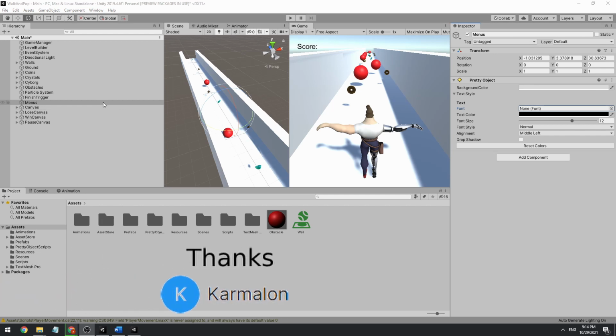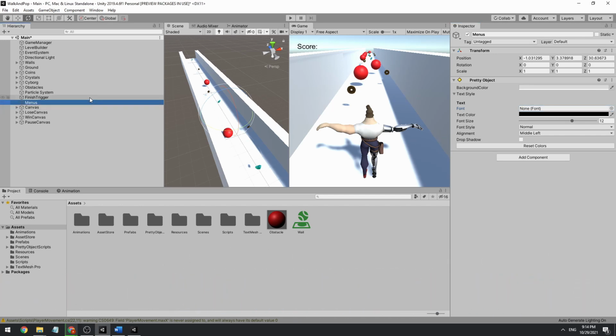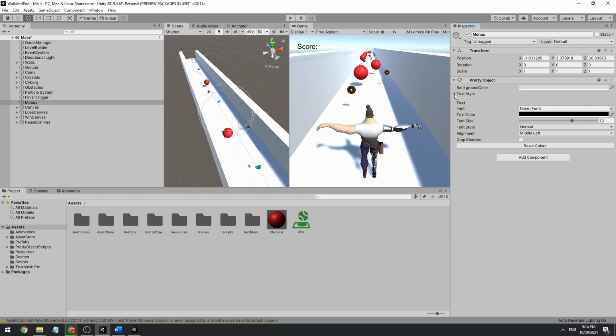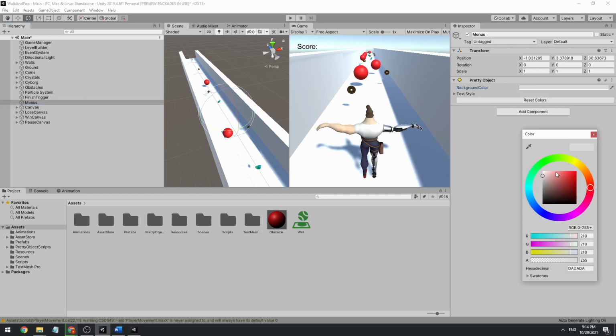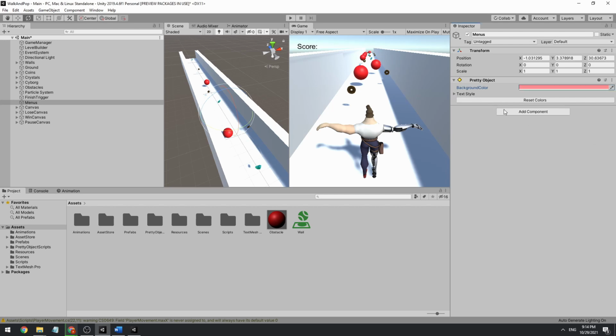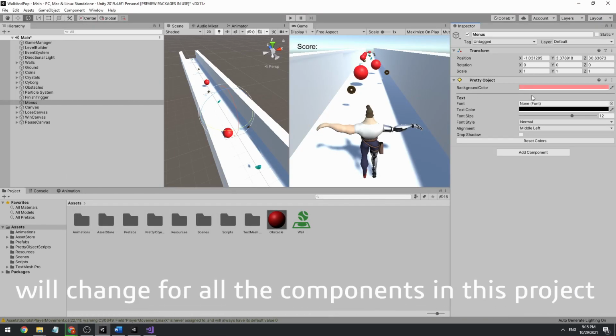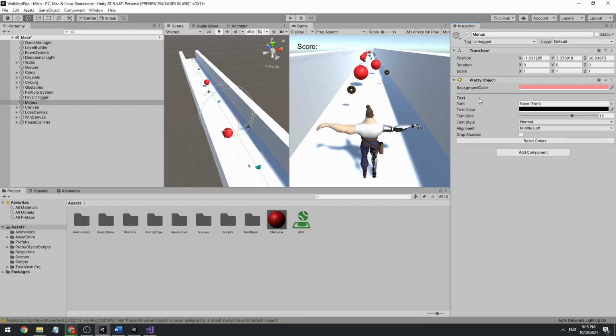Thanks to one of the feedbacks I got about this asset, I know that when you go back and go in, it always collapses and it's kind of annoying for some people. I mostly use the color property, so it doesn't really matter for me, but if it annoys you, you can just go to the component menu, click on edit editor window, and here on the second line, just comment the define foldout, and when you go back in, it will change. You will have the line instead of the foldout, and it will be easier for you to use.